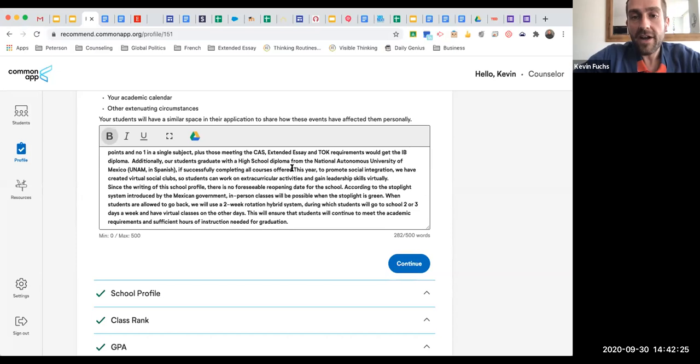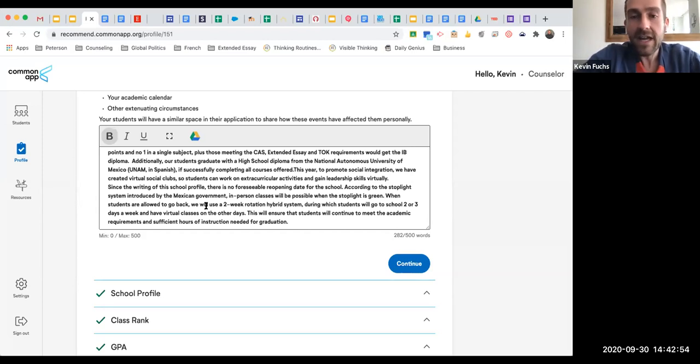Right. And then, for instance, in our school, we started focusing on virtual clubs. I talk about how, to promote social integration, we have created virtual clubs so students can work on extracurricular activities and gain leadership skills virtually, which has been very successful, I would say. I talk about the fact that the government is prohibiting us from going back, and we will probably go back as soon as we have a green stoplight. I mean, it makes sense if you live in Mexico, but